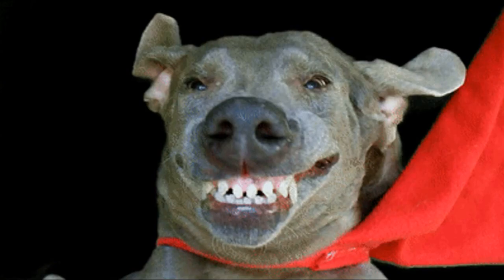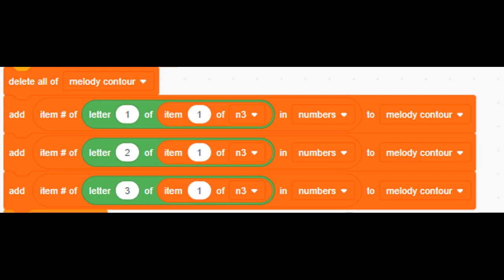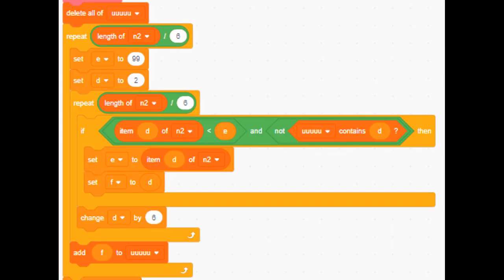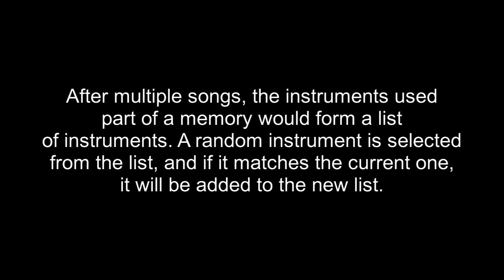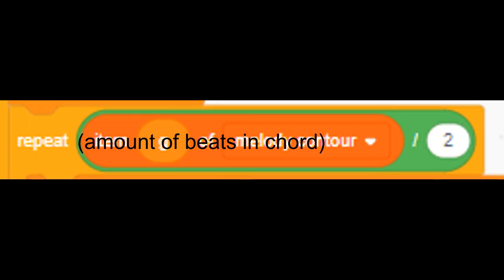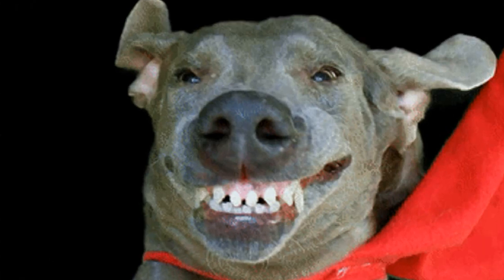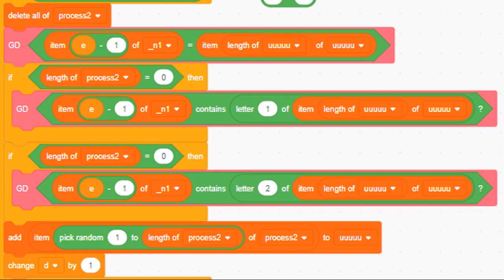First, the AI will generate the chord progressions. It will take the first chord from one of the training songs, then it will generate the rest of the chords based on all the chord pairs it remembered. Both the note and rhythm generations start by sorting the memories by their location, then adding only the ones of the current instrument they are generating to a new list. Then, for each beat of the melody contour, they will generate based on a random memory that has the same beat location. Except for the note generation, it also considers which note,